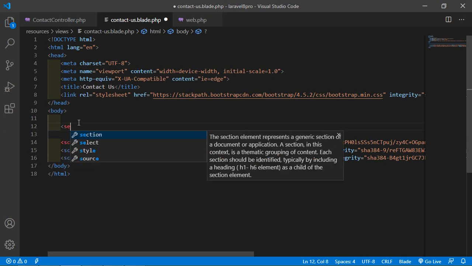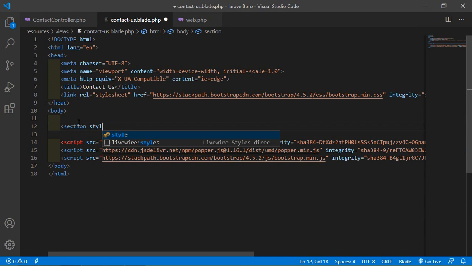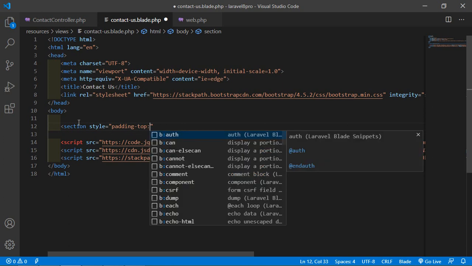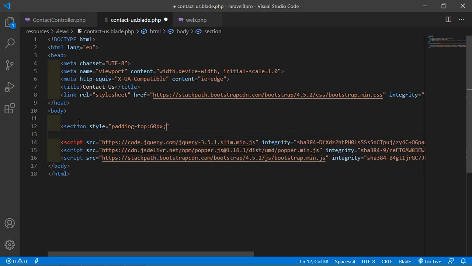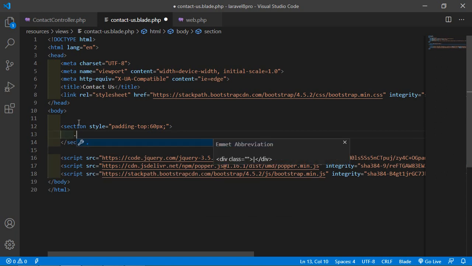So just write a section, and add some padding. Just write a style, padding-top, let's say 60 pixels. Okay, and inside this section add a container.